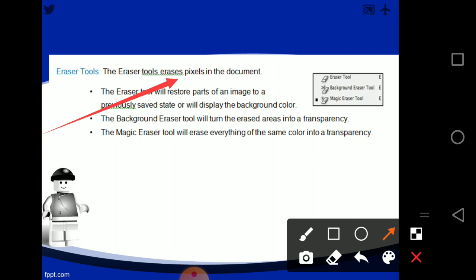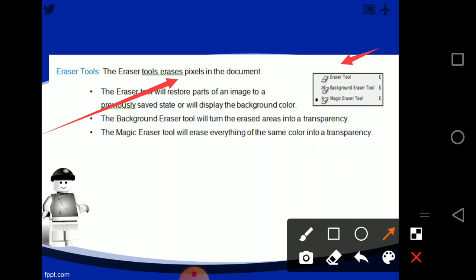So it erases part of the display unit. That is, you can use this eraser tool to erase part of an image. If you want to restore parts, that is of course also available. You can remove the background if you don't like it, or if you have a picture with somebody and you don't want that person, you can just remove them using either crop or eraser tools.